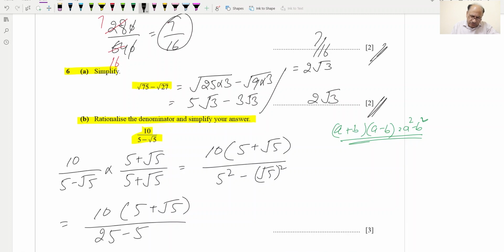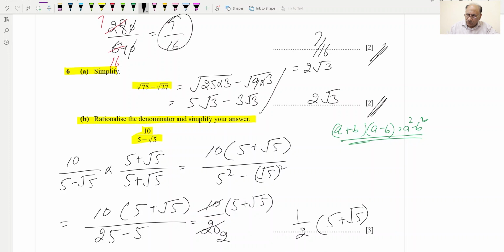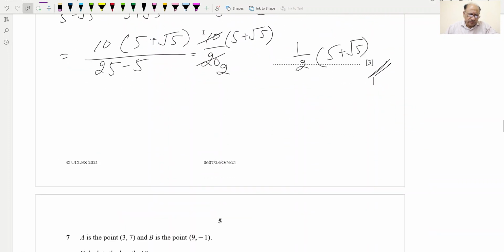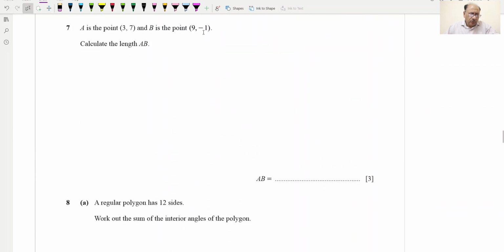minus 5, which is equal to 20, so 10 over 20, and this will be 5 plus under root 5, and 10 will be cancelled and it will be 1 by 2 into 5 plus under root 5. This will be final answer for 3 marks. Hopefully you understood this. Now question number 7, they are saying A is the point this one and B is